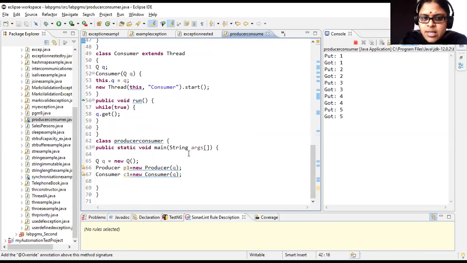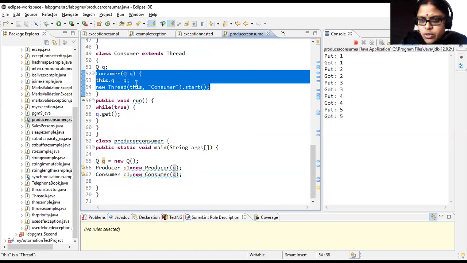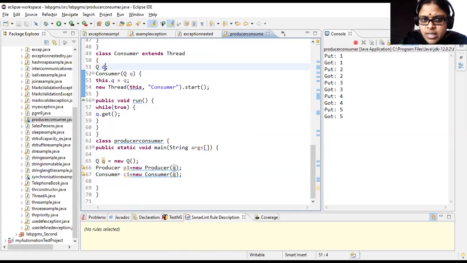Now consider that meanwhile your main thread is also executing. Then the next step will be consumer. You are creating an instance of your consumer class, and you are passing the same queue here also. So again, the control transfers to the constructor called consumer. Further, it is equalizing this variable, that is this.q is equal to the parameter, whatever you are passing. That should be the same object. Otherwise, there is no point in writing put as well as your get also.